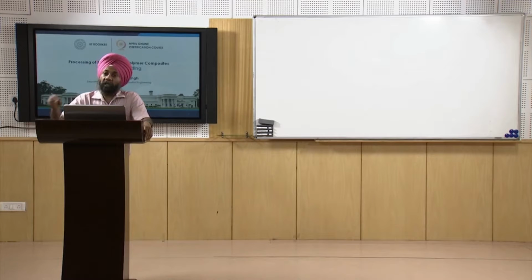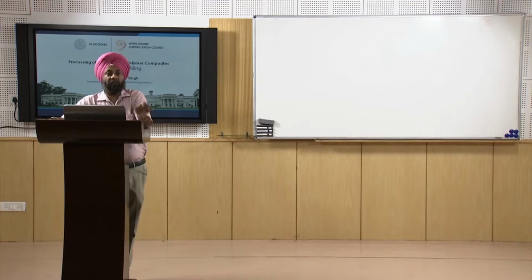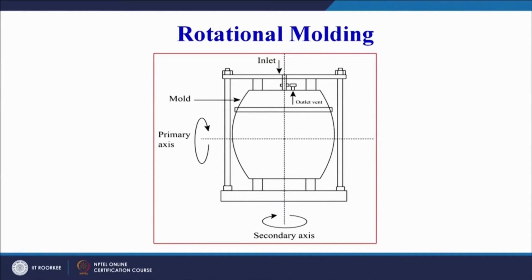We need to control the amount of material that we are putting inside the mold, because that will define the thickness of the product that we are making. We need to decide the temperature, or the heat input, that we are going to provide to this mold, so that the raw material we have put inside the mold melts down and takes the shape of the mold. So very briefly I have outlined the parameters that we need to take into account for producing a hollow plastic part using the process of rotational molding.